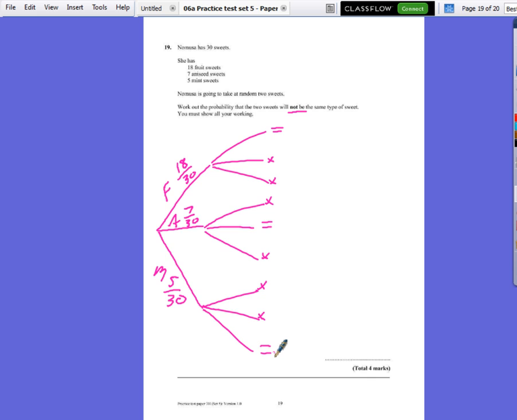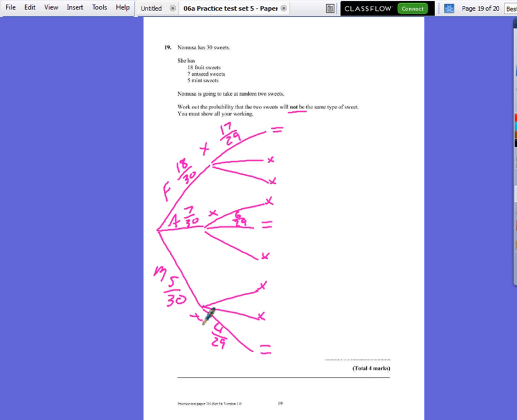So if there's 18 out of 30, when you take a fruit sweet out, that'll mean now there's 17 out of 29 left for fruit sweets. For the aniseed sweets, if there was 7 out of 30 before, once you've taken one out, that'll be 6 out of 29. And then finally, if you take a mint one out, that'll be 4 out of 29 left. So, if we multiply down the branches,